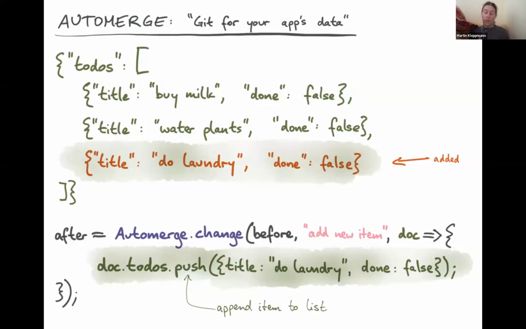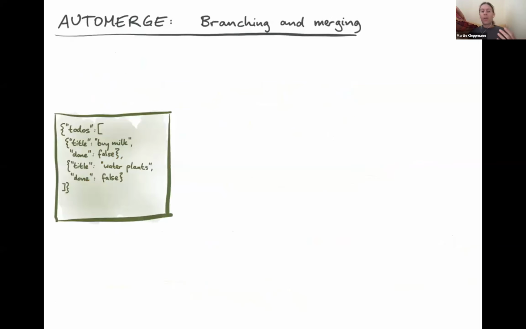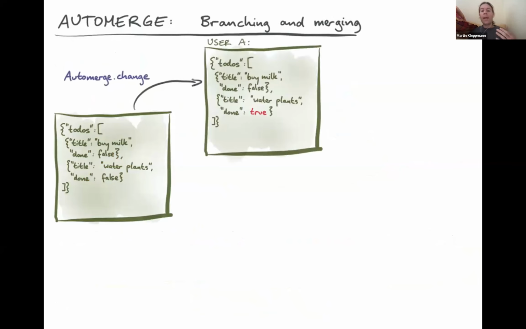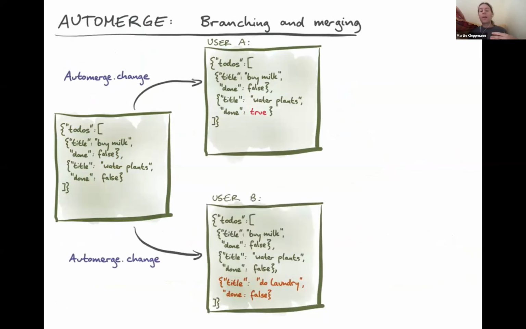Now, these edits that the user might make to this state might happen offline, of course, and we want to support users working offline. As a result, you might end up with different users having slightly out-of-date versions of a document. Here, for example, user A updated the document to say watering the plants has been done, and on a different device, another user independently added do laundry as a third item. The whole point of Automerge is that it can merge these updates that happen independently from each other,